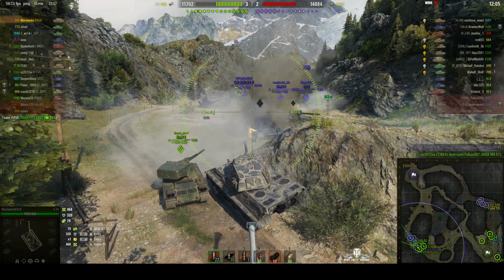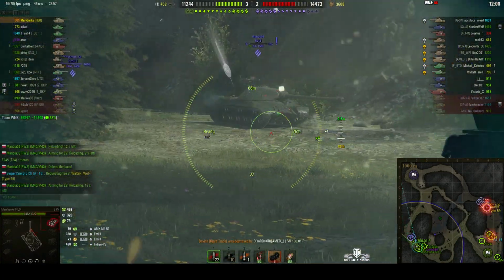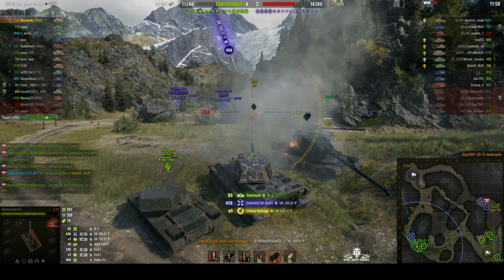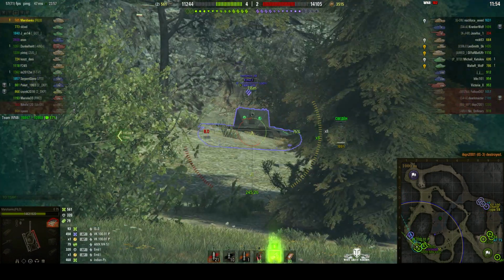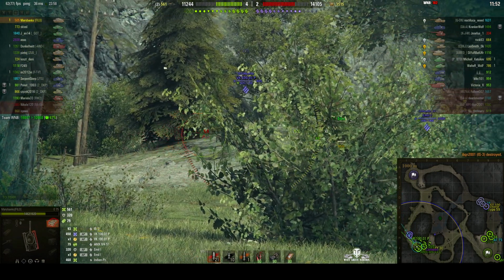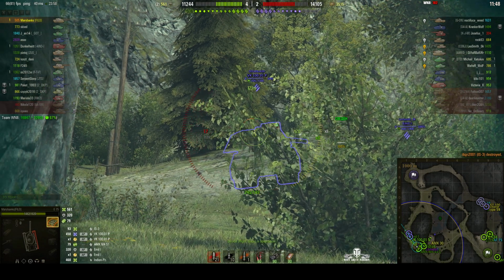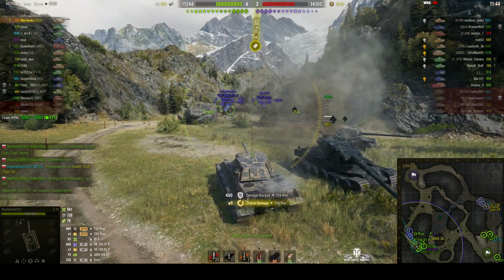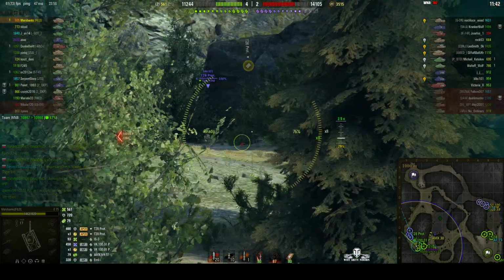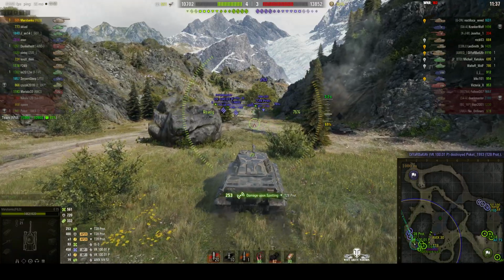She's going to go for the PK now. She's pushing in on the Emil. And there's the IS-3. Oh, she took a big hit from the one PK. She got the IS-3 though. Now, the enemy are retreating because I think they're under great pressure. She's going for the weak spot on the turret, but she's using standard ammo, and that's going to ricochet off. She probably would have been better off actually loading a premium round for that to make sure it goes through